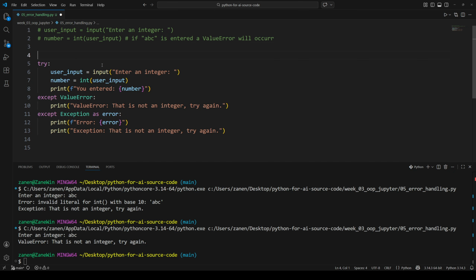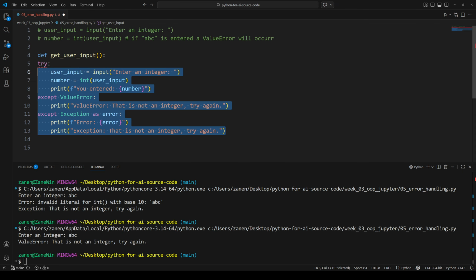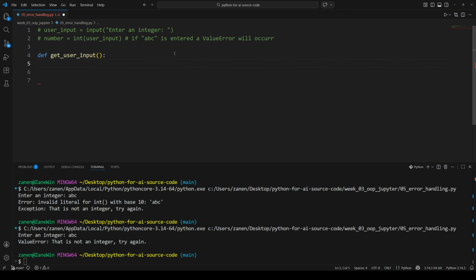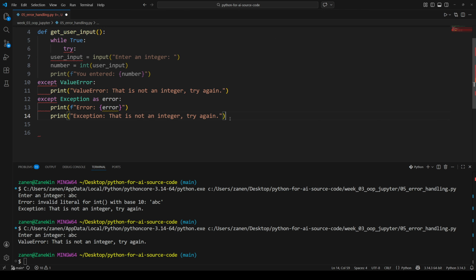For example, you might have a user input function. I think this is a very useful situation. Say you want to get the user to enter a value between 1 and 100. We can say get, I'll go with a bad name now, just get user input and keep it simple. Take all of this, and I'll have the while true here. And I won't let them exit until they